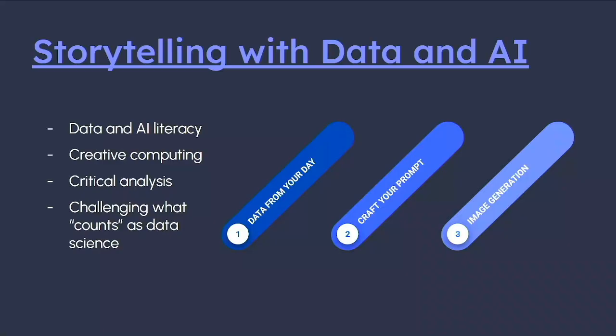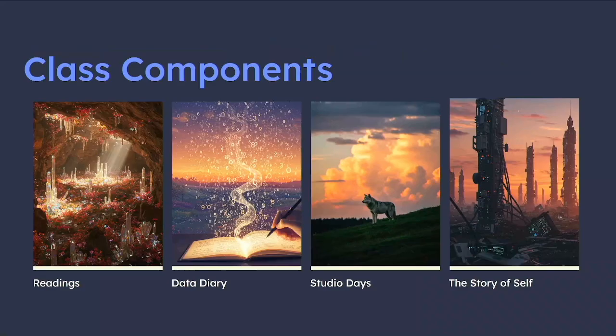The objective and the hope was that AI could never possibly capture what their lived experience was like. But in fact, it could sometimes. It was often very messy. And then AI was also creating memories and memoir moments that were very speculative too. And in that way, it was very novel and exciting for the students. So with that, there were 4 core class components, the first one being readings. These were centered on thematic concepts like data feminism, data humanism, AI ethics, AI environmental concerns, which is a reason why this course will not be taught in the future.